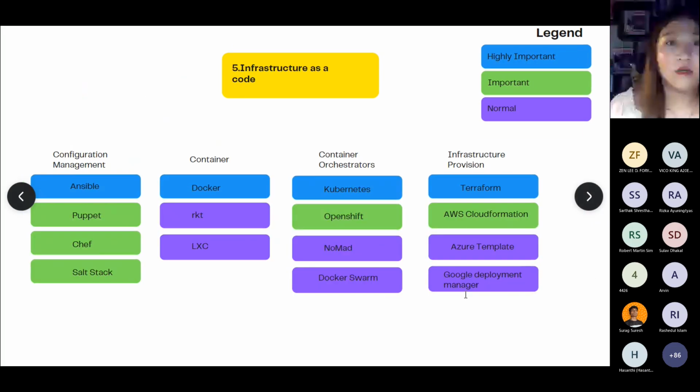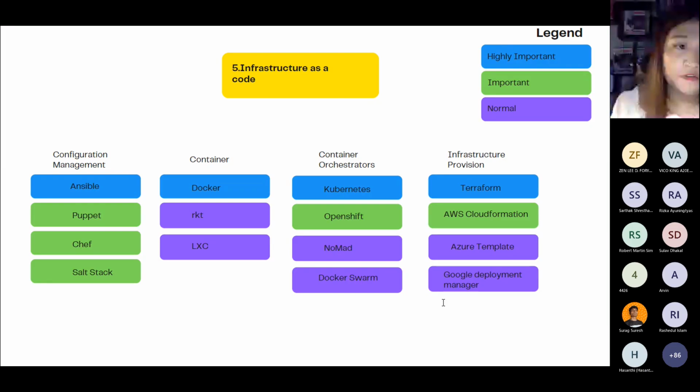So infrastructure as code. This is really important because infrastructure as code is usually tackled in fundamental certifications like AZ-900 and Google Cloud Digital Leader. So this is really the highlight of everything. With infrastructure as code, you need to know all of these, especially with a much deeper dive explanation. But under infrastructure as code on the roadmap,